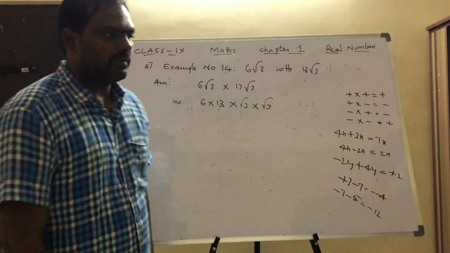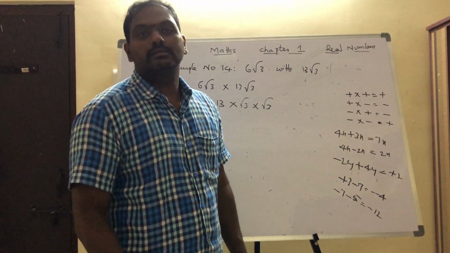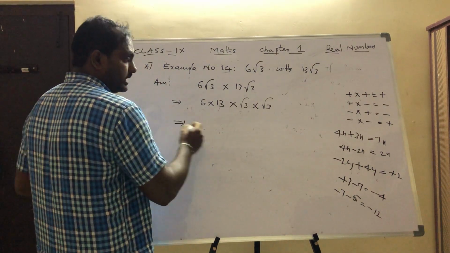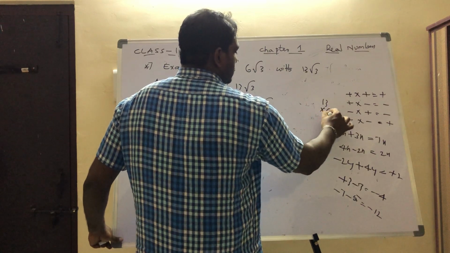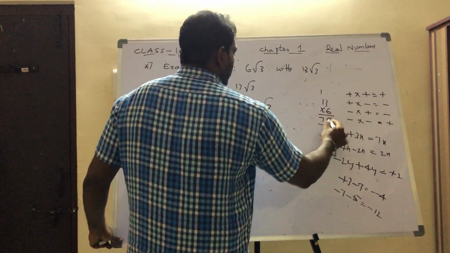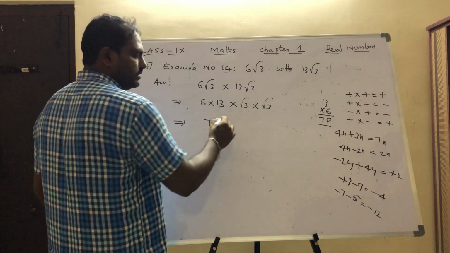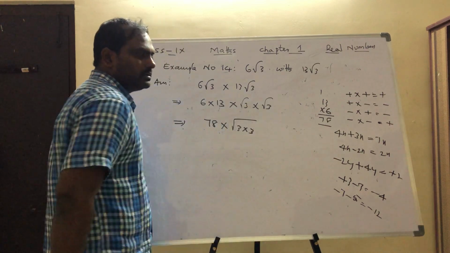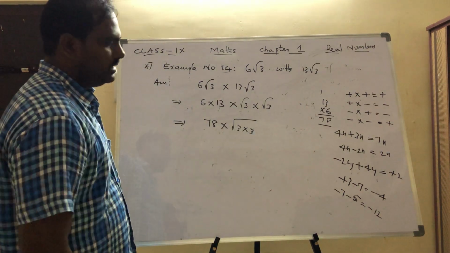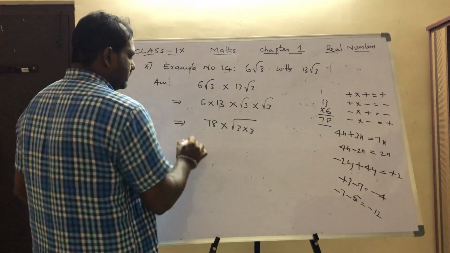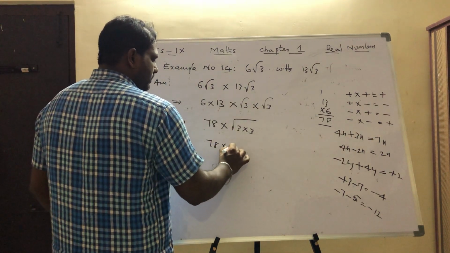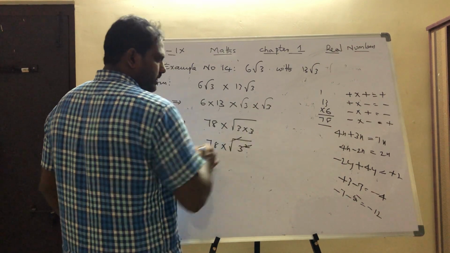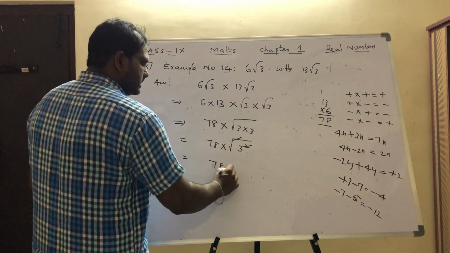Just now we have discussed some points. Root a into root a is nothing but square root of a square. So here we have 6 13s, 13 sixes: 6 threes are 18, 6 ones are 6, 7. How much was it? 78, into root 3 into root 3, which can be written as square root of 3 into 3, because root a into root b is nothing but root of a into b, and root a into root a is a only. And what is the next step? 78 into, this can be written as 3 square or 9. Square root gets cancelled and you will get 78 into 3.